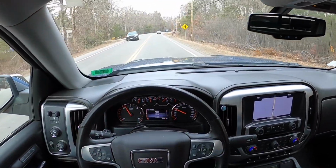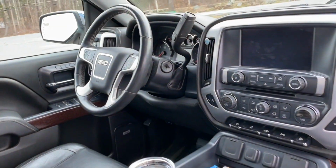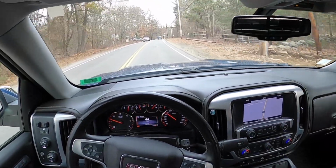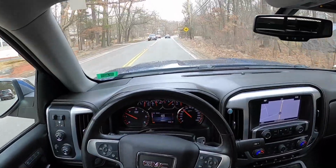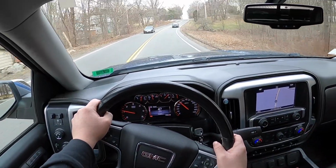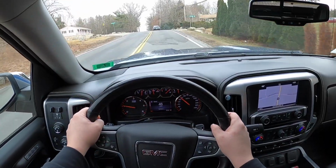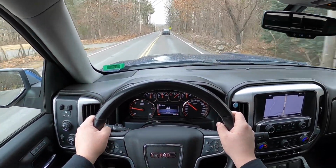So this interior is actually quite nice. Even where you'd think there'd be hard plastic on the top of the dashboard, there's this fake leather that just gives you a little bit better sense of higher quality. It's also nice having analog gauges for everything, whereas on these brand new trucks, everything's gone digital. It just kind of gives you a better sense of the roots of what this truck is meant for,